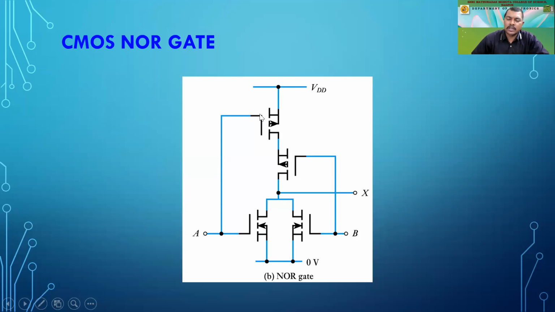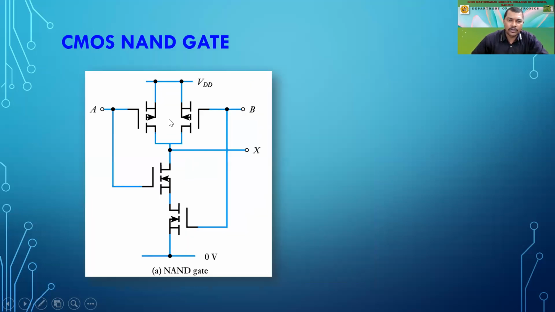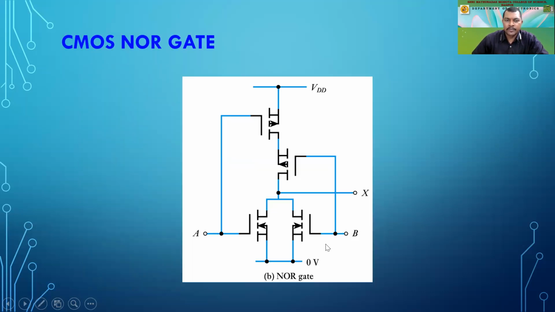Both the transistors are the same as the circuit diagram of a NAND gate, as I've shown you over here. Here we have the P channel MOSFET on the top side and the N channel MOSFET in series on the ground side, with the same arrangement like that. So they are working with this, and this is how this works as a CMOS NOR. Okay, so I guess you have understood.